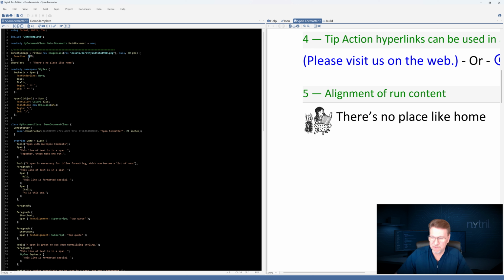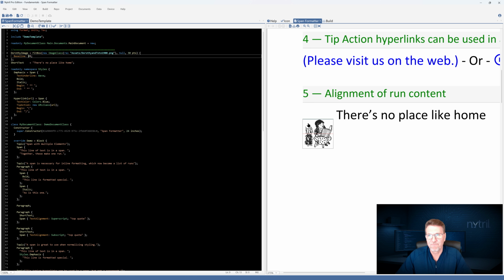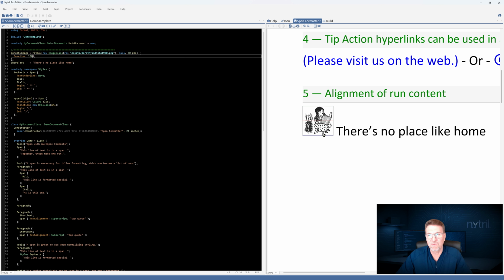So let's change it to 0 and F5. Now the blue line is at the top. So the baseline is moved to the top line. And if we do it at 100%, then it's back to the bottom. So that's what it is. 0 is at the top, 100% is at the bottom.